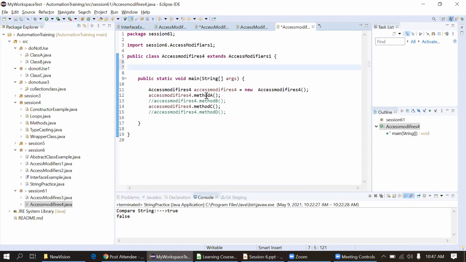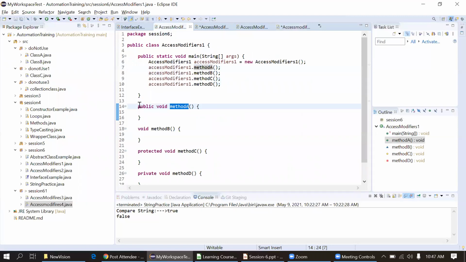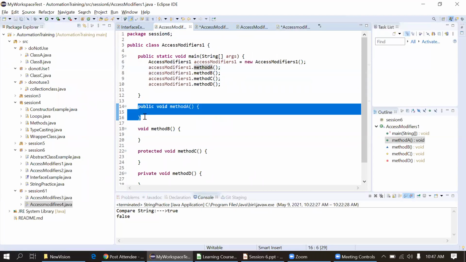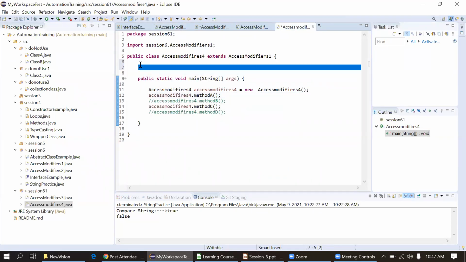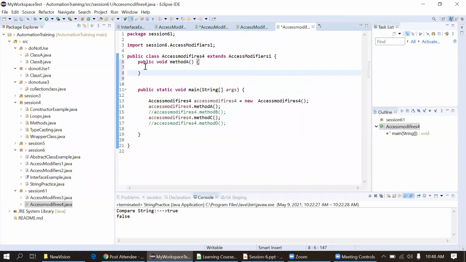You want to override method A, for example. We'll just copy this method and make it private.